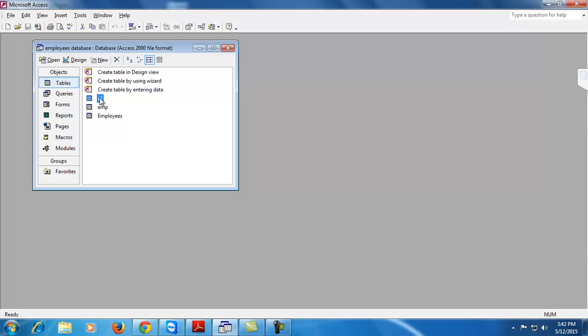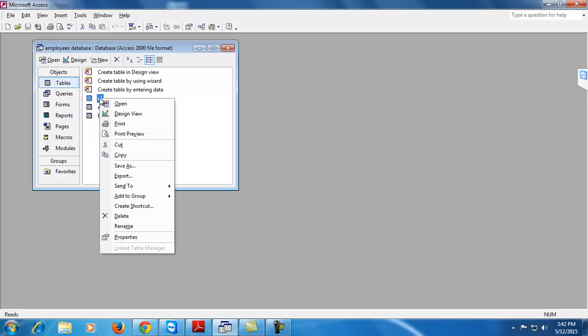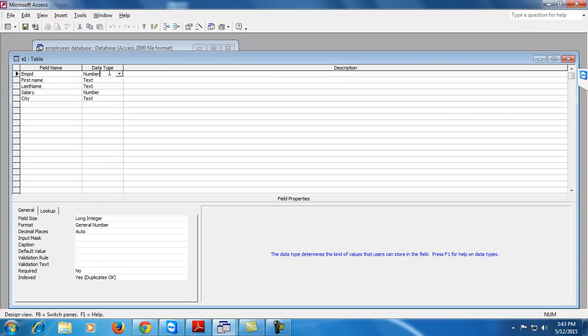Now, if you want to make changes in the structure of the table, then you can open this table also in design view. Select the design view, where you can set the data types according to the needs of the user.